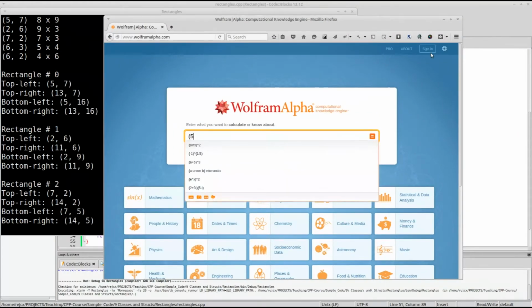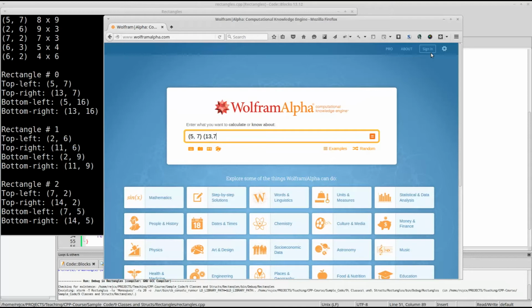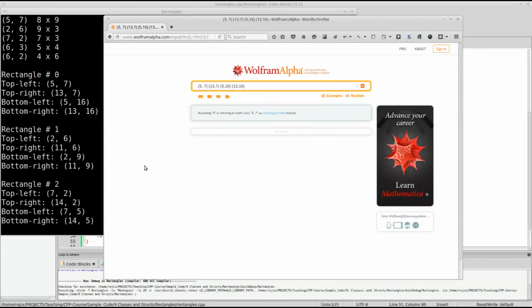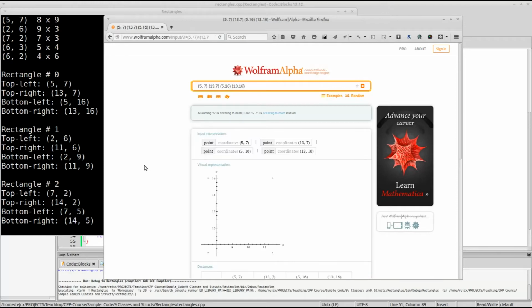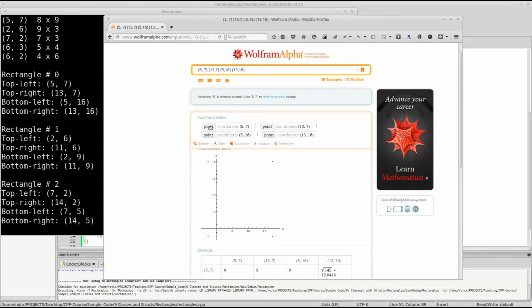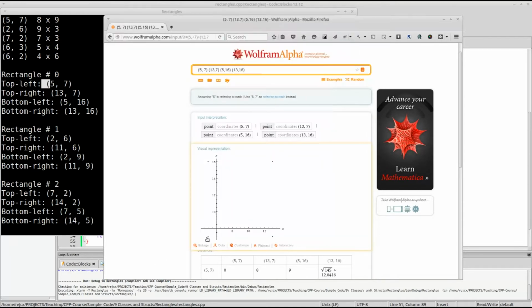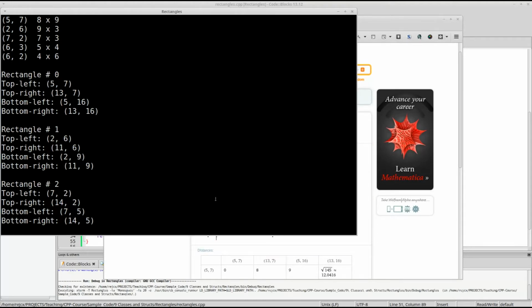So let's see if we can just plot in these points. 5, 16, 13, 16, and maybe it'll make us a nice graph. Okay, so see here, it has top left is at 5, 7, so let's see, we're at, well, okay, maybe,